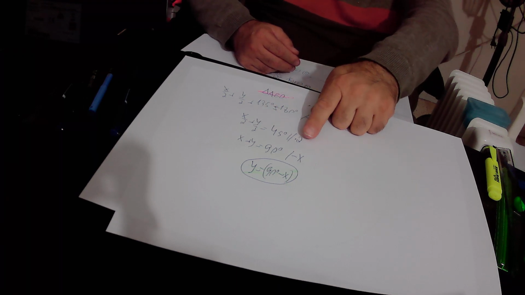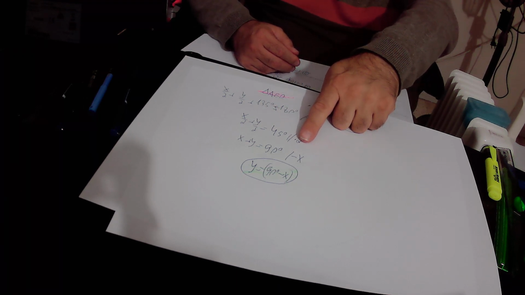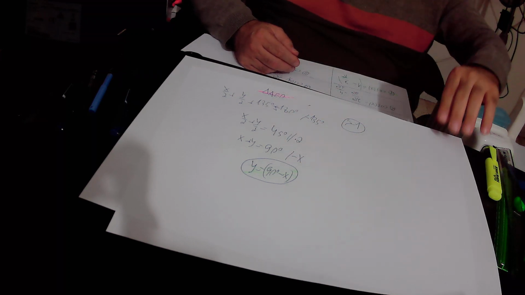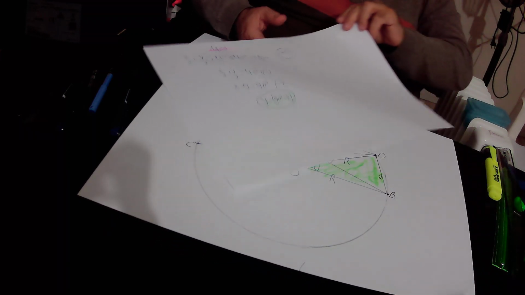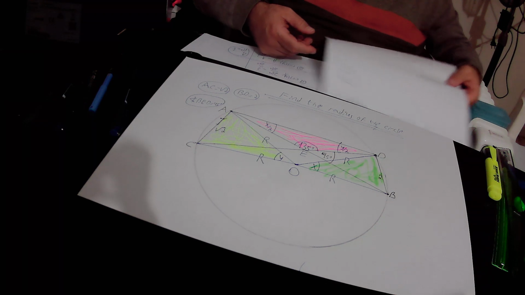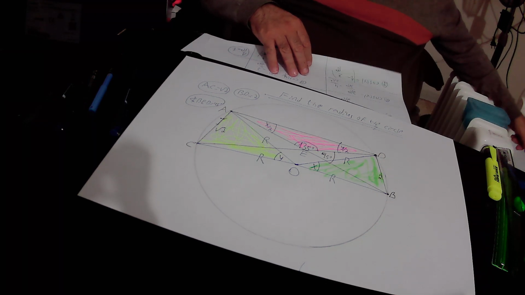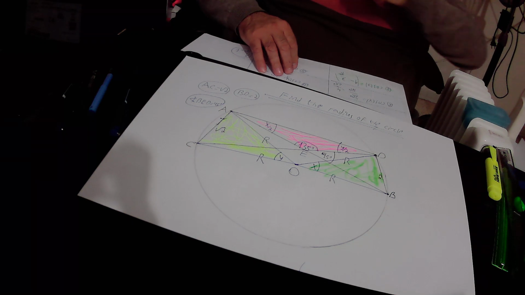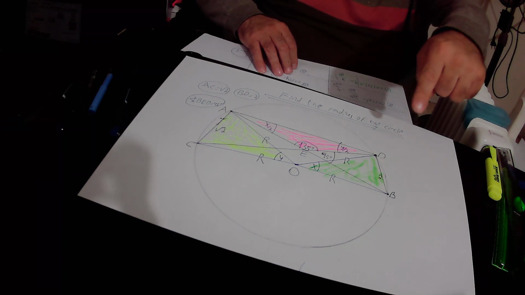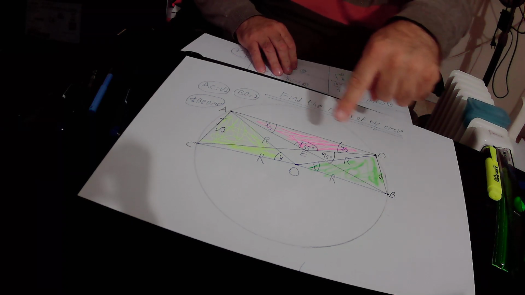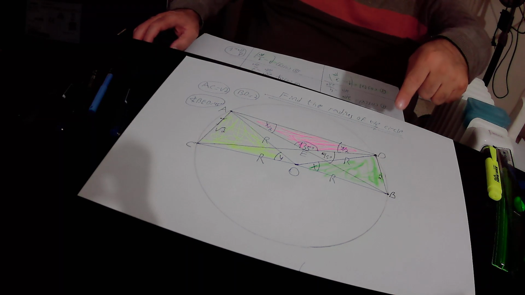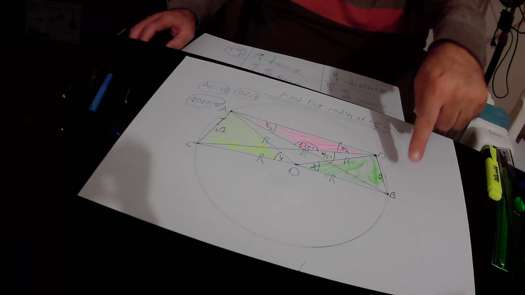Then we subtracted x from this equation and found out finally that y equals 90 degrees minus x. Then we implemented the law of cosines on the green triangle, triangle OBD. According to the law of cosines on this green triangle, triangle BOD,